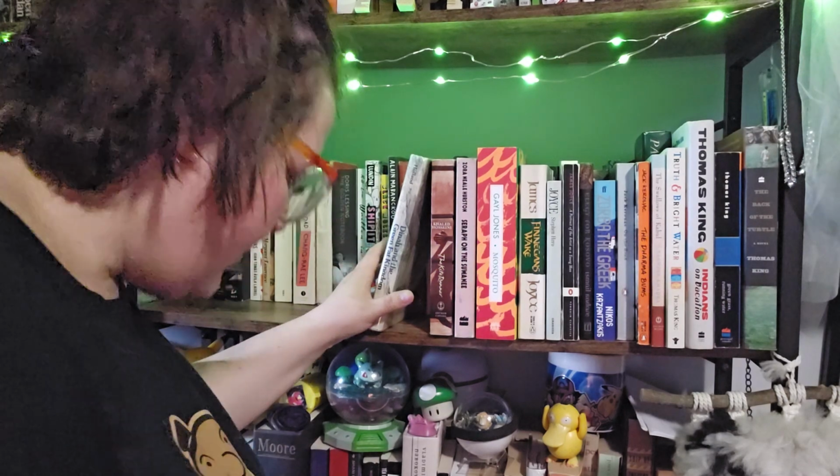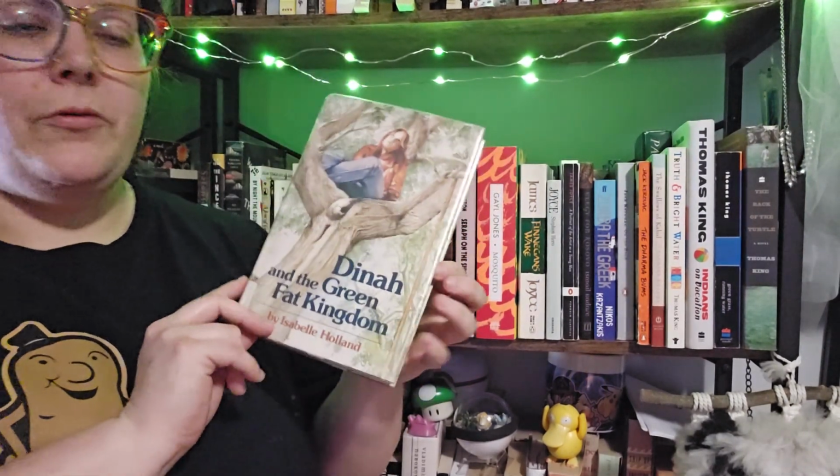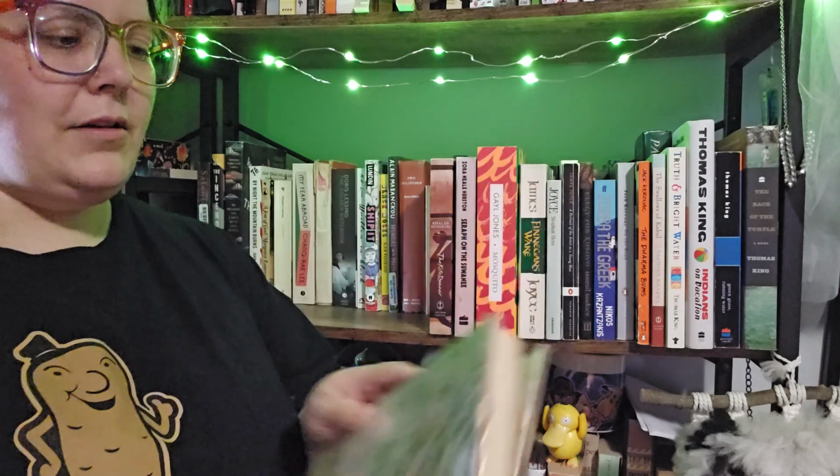Interesting. This is another childhood book that I read over and over again, Dinah and the Green Fat Kingdom. And this is about a girl. She's overweight. And I think this was written in...